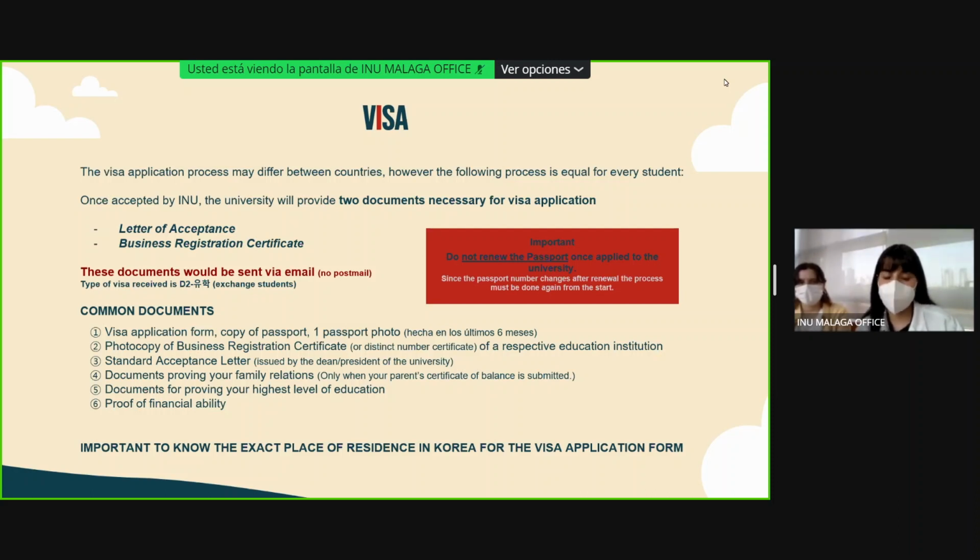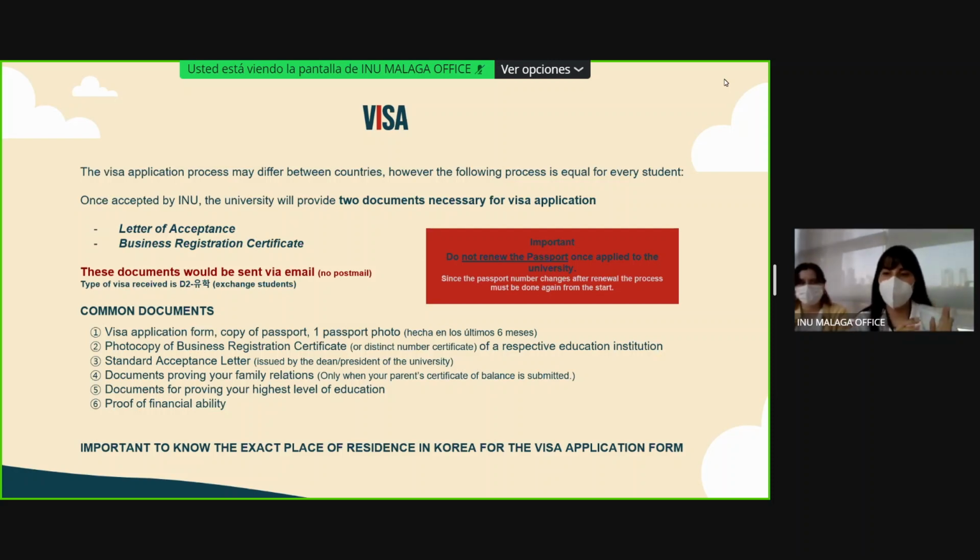And usually the type of visa that you are going to get is the D2. That is the type of visa that exchange students receive. Also, we would like to give you an important piece of advice. Once you apply for this visa certificate, once you give Incheon University your data as a student, you cannot renew your passport.